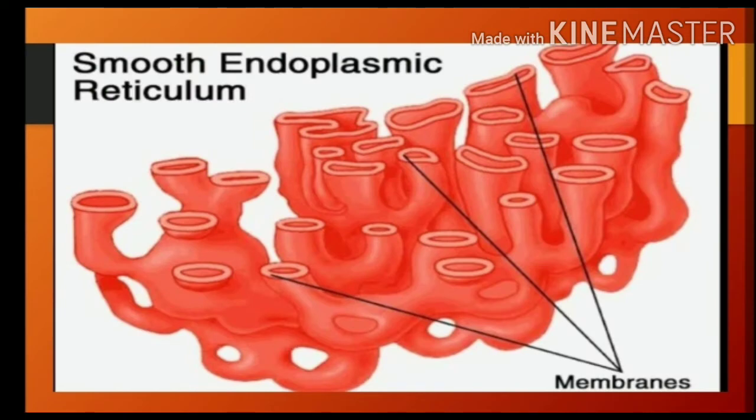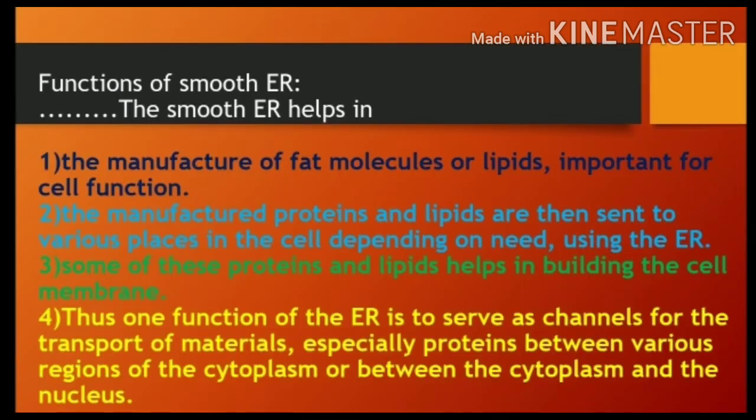Okay, now we are going to study about functions of smooth endoplasmic reticulum. The manufacture of fat molecules or lipids which are important for cell function is carried out by this smooth endoplasmic reticulum,